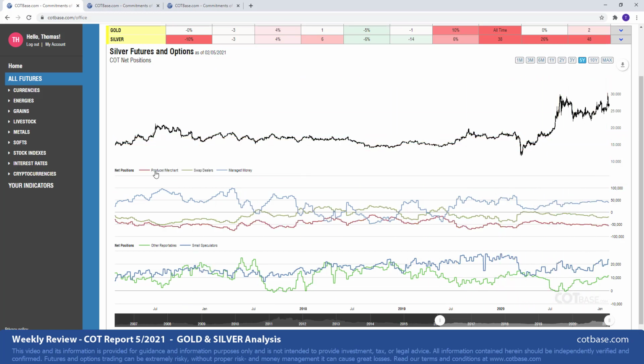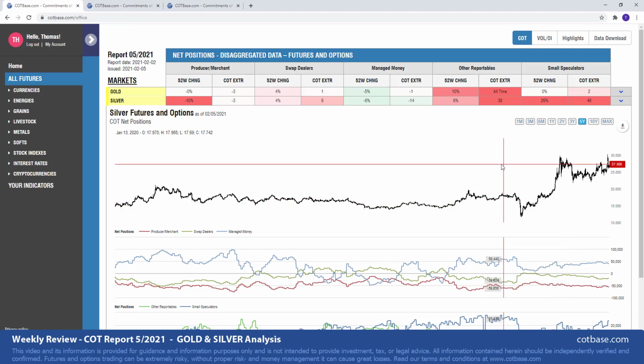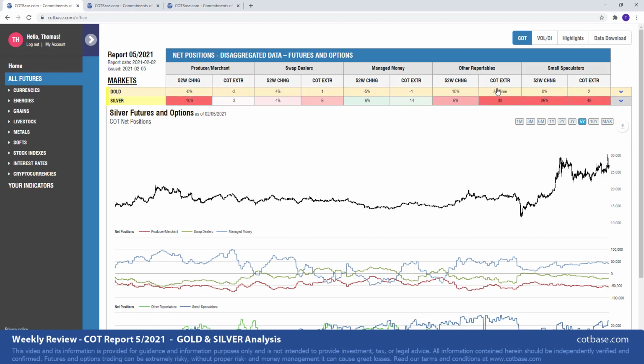Now, of course, if you want to look at producers of this commodity or swap dealers, you can analyze it and you'll get a similar result for that. So that's how you can analyze the report from the disaggregated perspective. And of course, I'm sure a lot of you saw this all-time COT extreme in other reportables